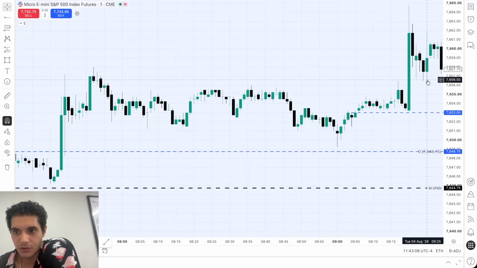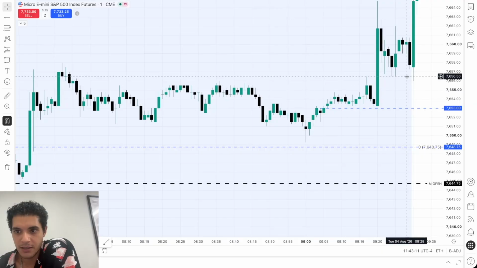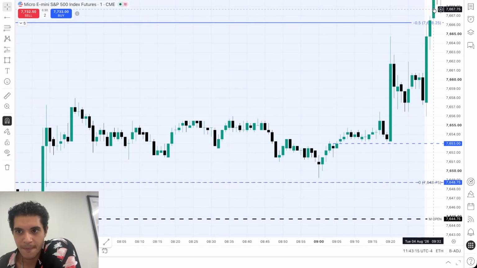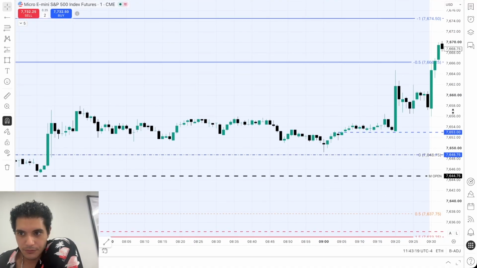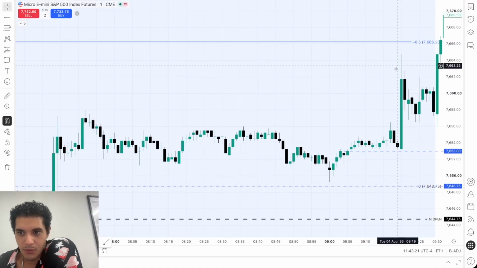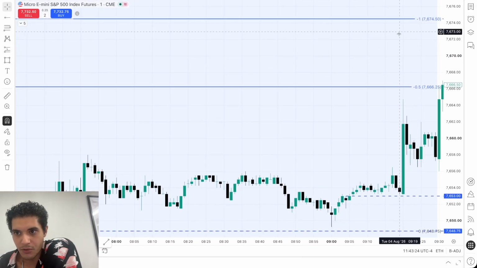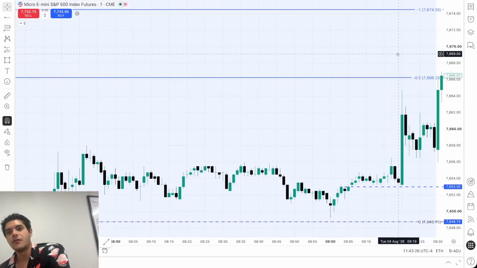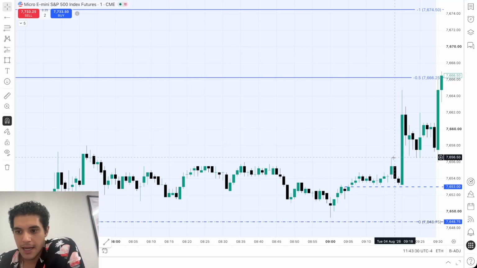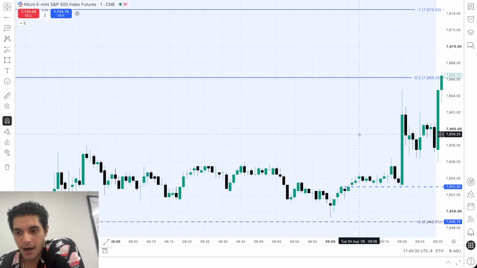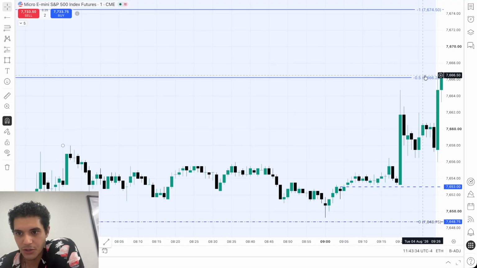Again, short-term low, short-term high, barely gets taken out, and then we get a rip higher, okay? Taking out 0.5 and eventually 0.1. But again, if you're looking at this from the perspective of, hey, I just want prices to go higher, I'm looking at prices to go higher,